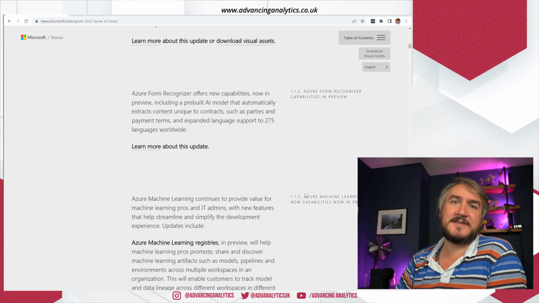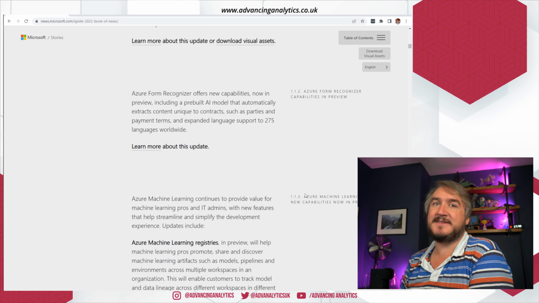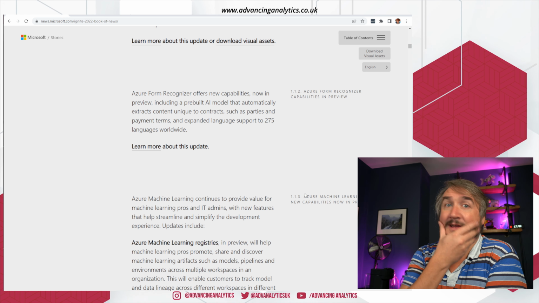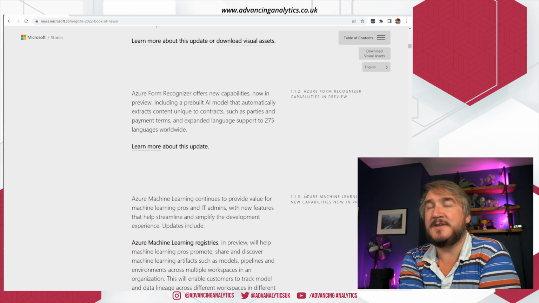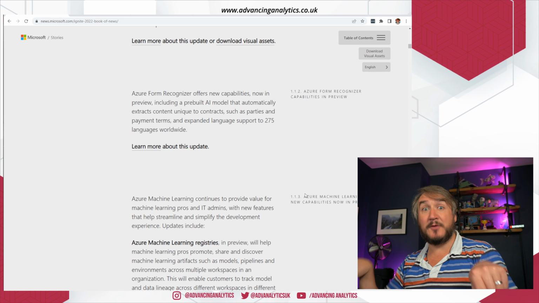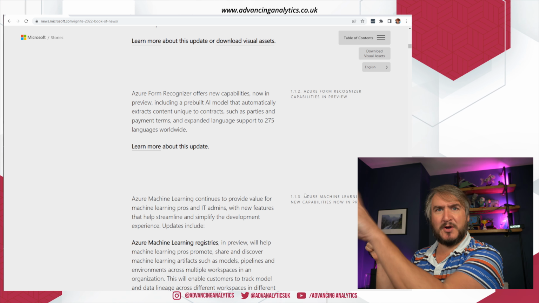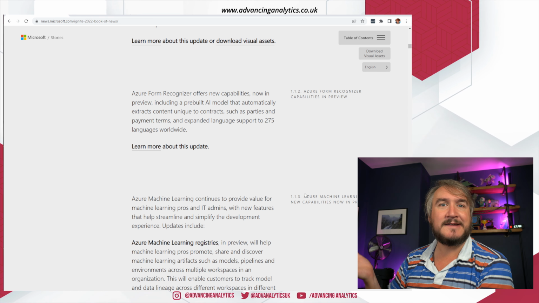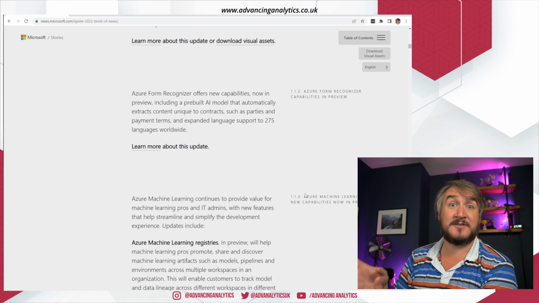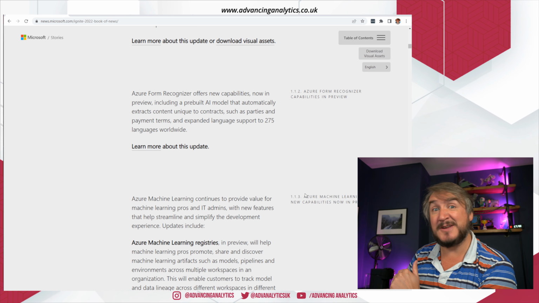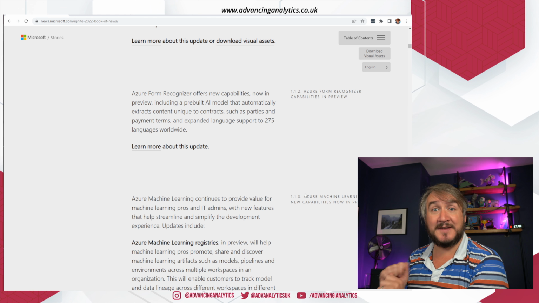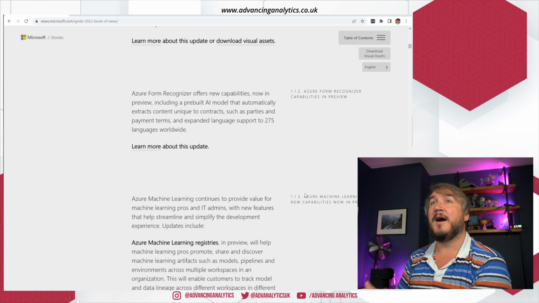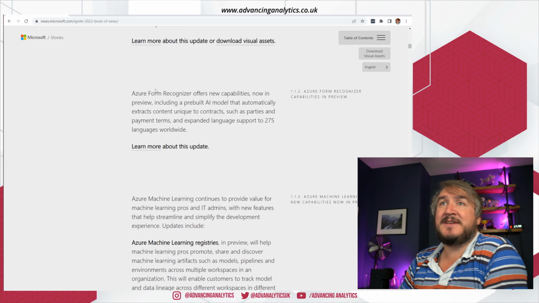Form recognizer is an interesting one, and that actually does come into analytics a huge amount. Generally form recognizer has been around for a few years now. That comes in and we have a known form. So I get the form and this box contains their address, this is their name, this is the details of what they purchased. Like if you had an invoice and it was a fixed thing, form recognizer is very good at scanning that, getting the image of that document, and then pulling apart the information and turning that into structured data.